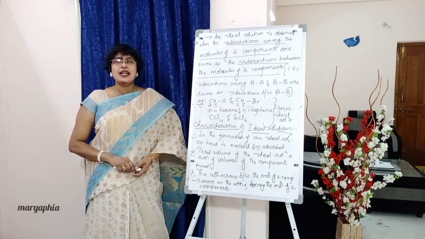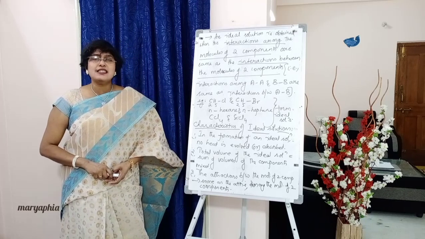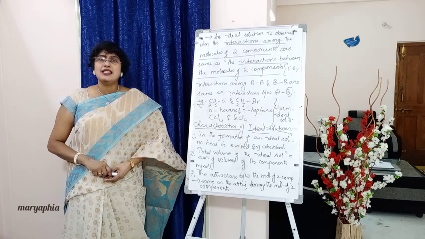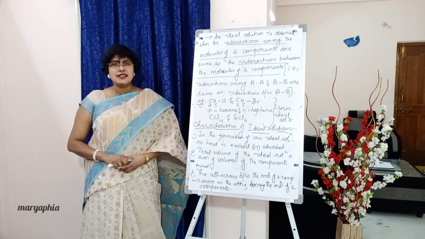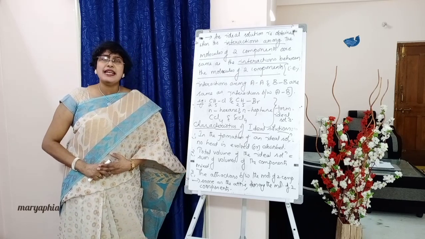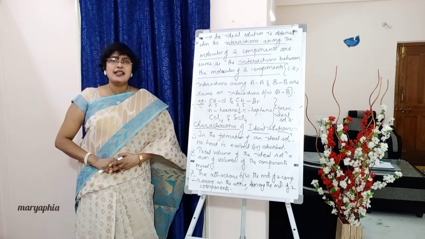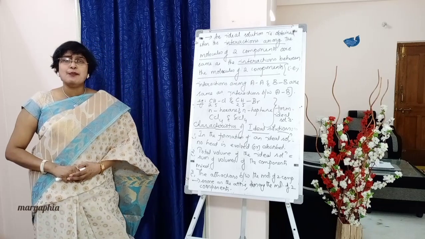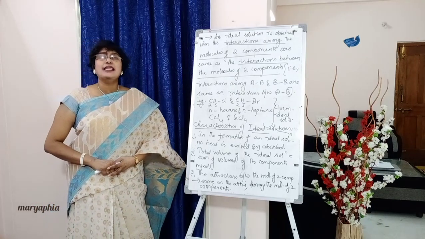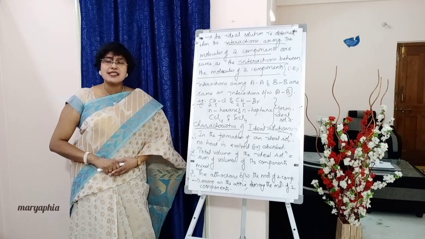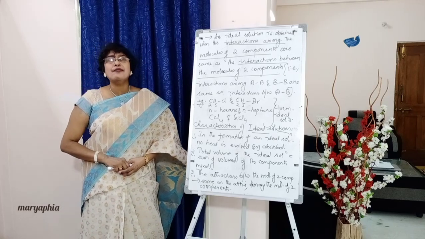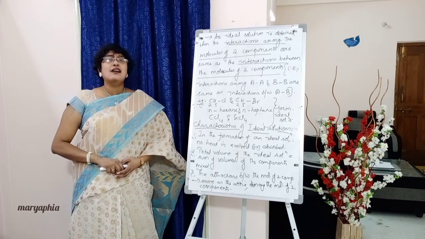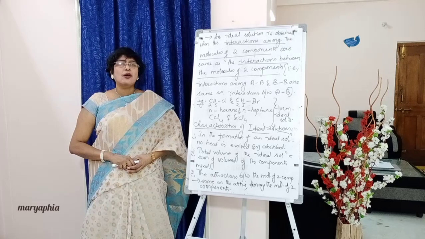Next, below, write down, put the side heading: characteristics of ideal solutions. So students, all these come under the topic ideal solutions and Raoult's law. So what did we write there? First, the definition of an ideal solution. Next, the statement of Raoult's law. Next, an example. Next, we have seen how an ideal solution is formed. Next is the characteristics of ideal solutions. So when you are asked to write about ideal solutions or Raoult's law, you are supposed to write all these points.